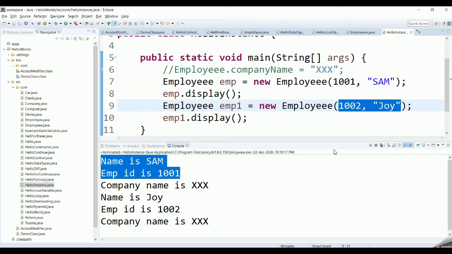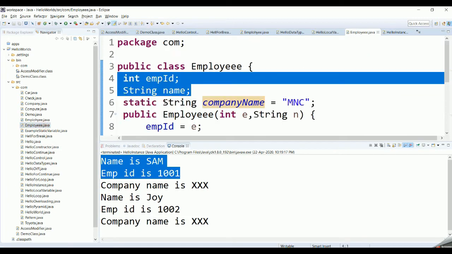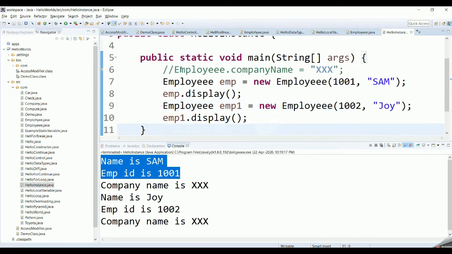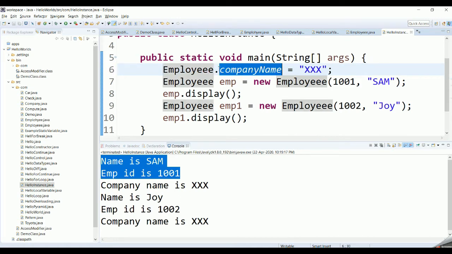Then secondly, what are static variables? Static variables are declared with the keyword static and are specific to the class. They are not specific to the object. So here in the hello instance class, if we try to set a different value for the company name, because it is a static variable and belongs to the class, you don't have to access it using the object.